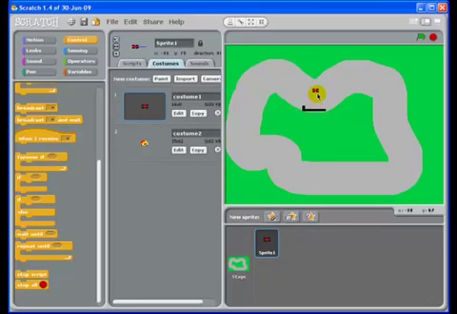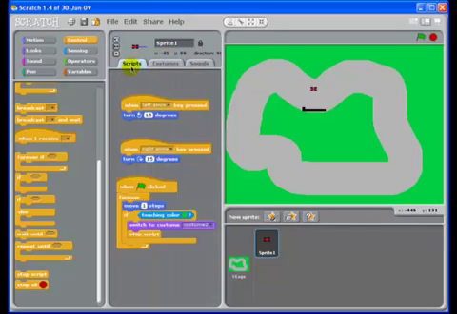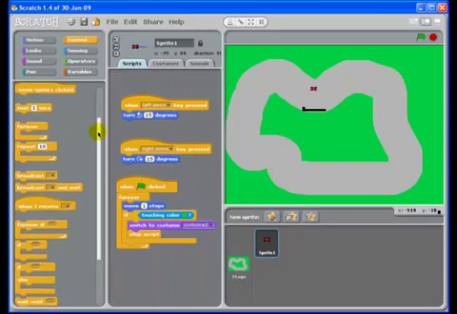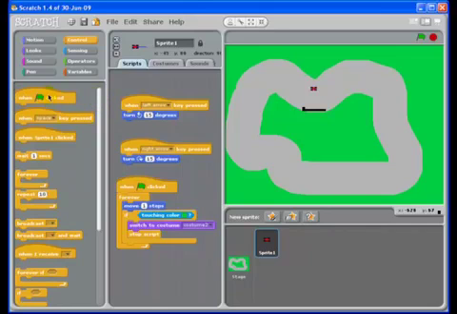So what I want to do is at the start of every game, get it to move here. Now you'll notice the position of this is x is minus 45 and y is 80. So what I'm going to do now is have it so it goes there permanently. So I could have it within this forever loop, but I'm going to cheat,